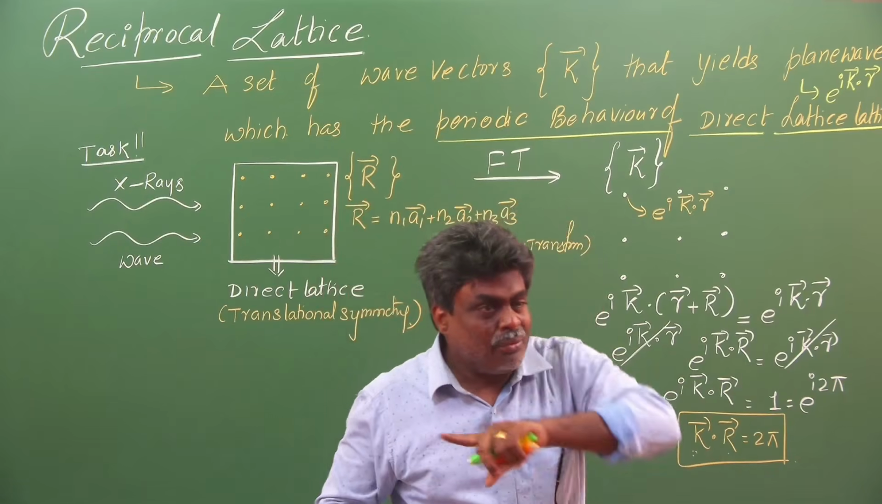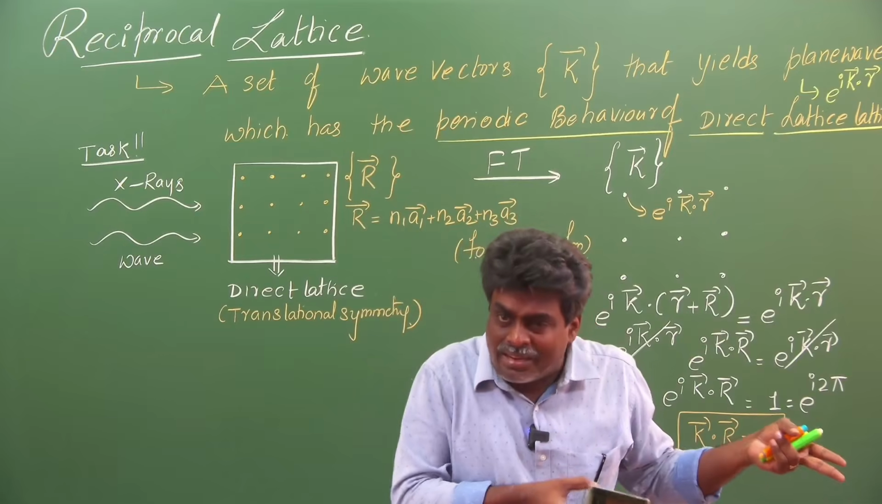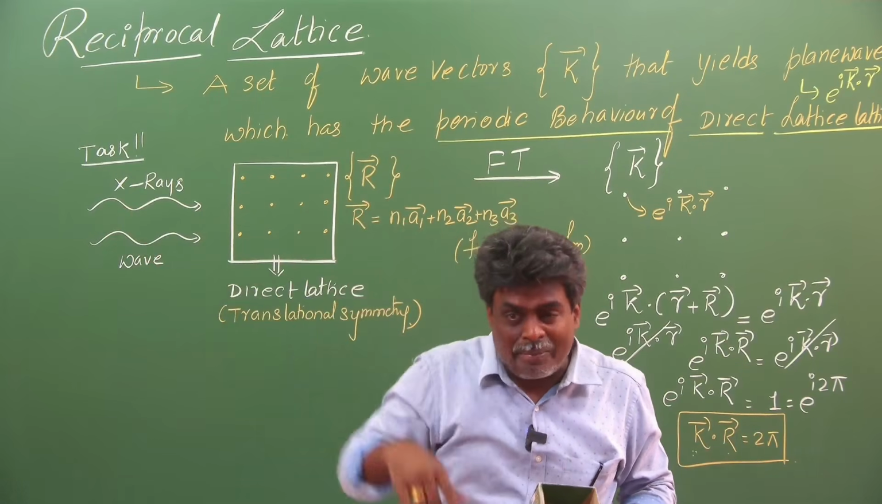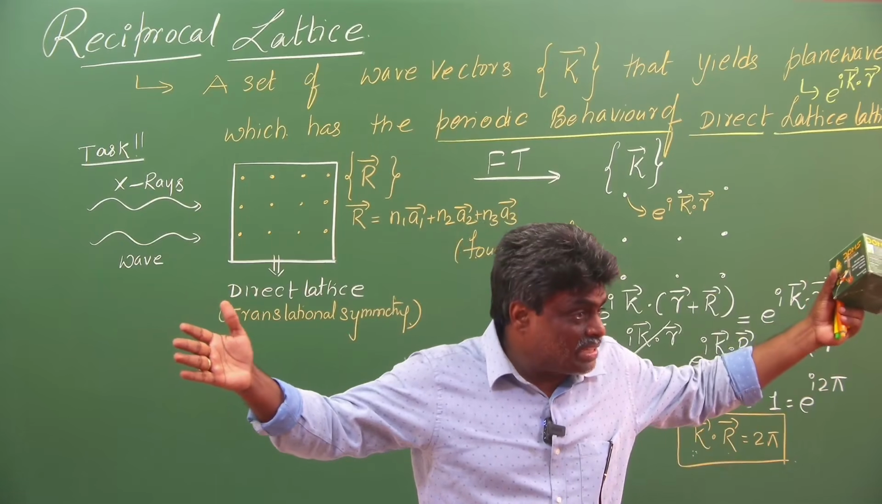Now, if you consider a direct lattice, you have to consider all these parallel planes, because the wave is interacting with one of the parallel planes. So, which plane is it interacting with? Then we have to study each and every